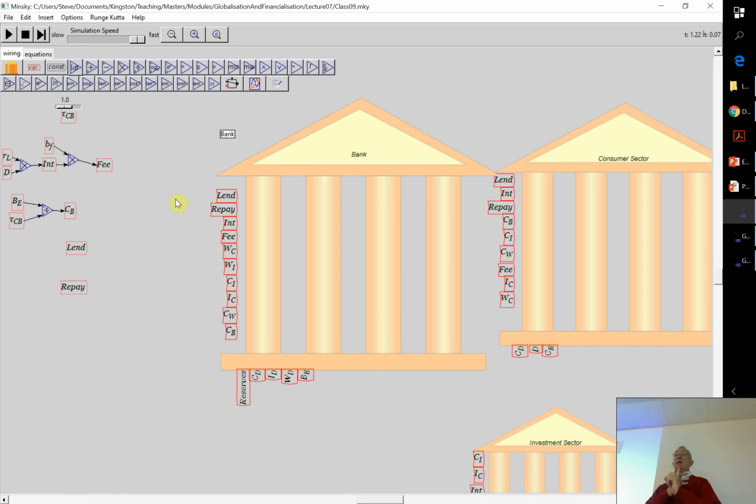And I'll show you why I need those three when we go across and change from loanable funds to endogenous money. Because there's lending and repayment, I'm just going to base lending on... Who's doing the lending? It's the consumer sector. So what's going to control what they lend from? The amount of money they've got in their bank account. So I'm going to say their time constant for lending is relative to the amount of money they've got to lend, which is the money shown in their...